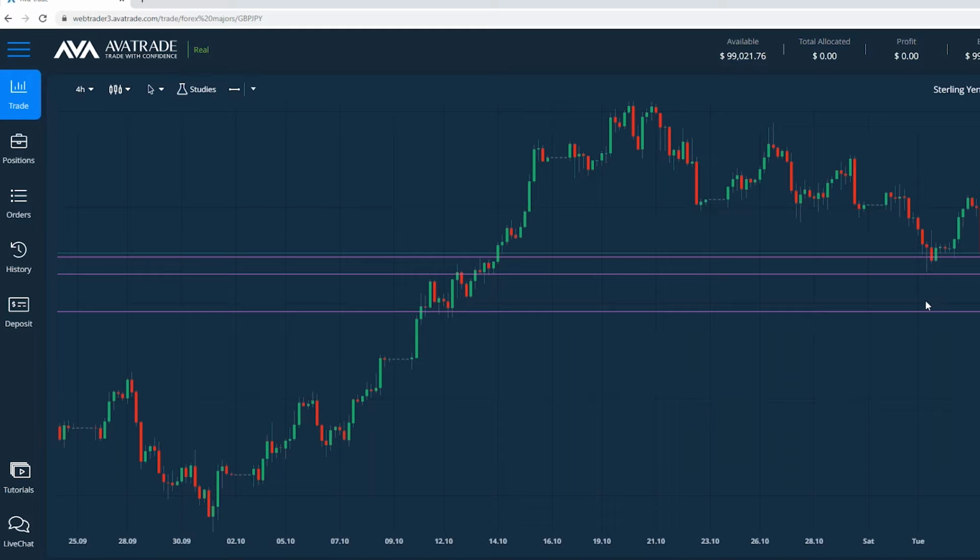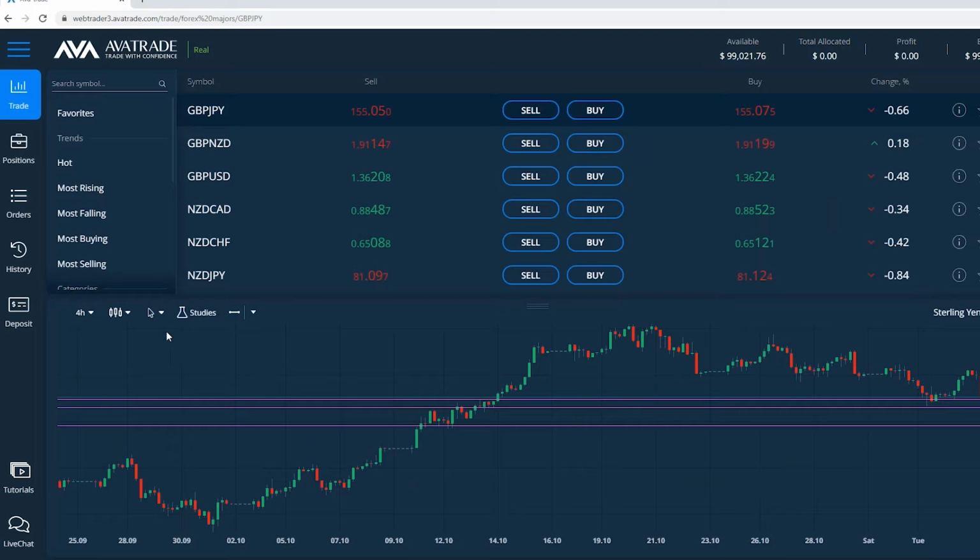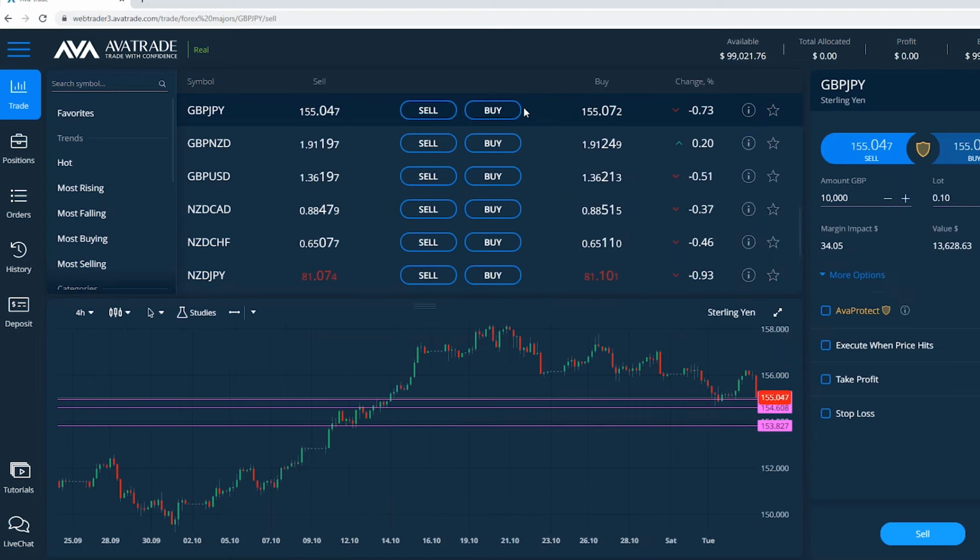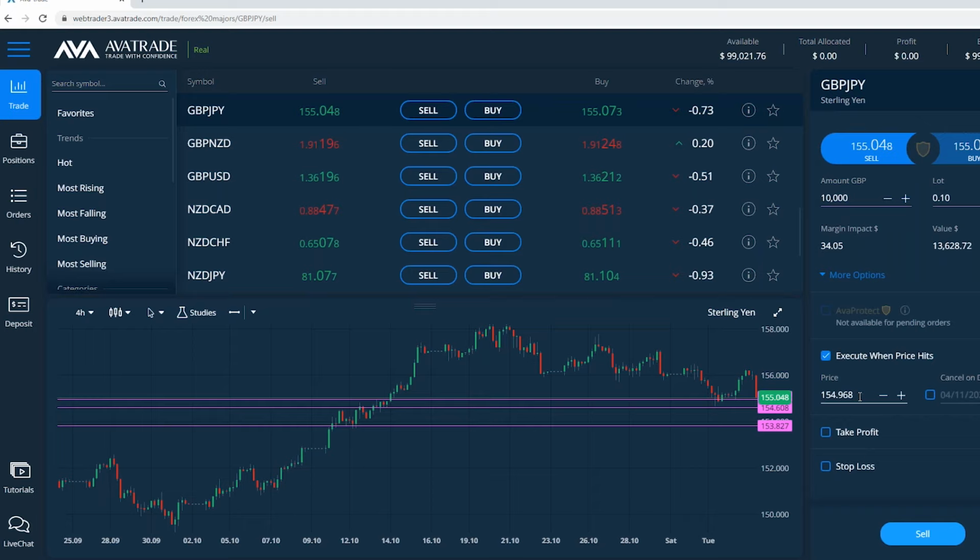And to do a pending order, it's very simple. Let's see, 154.60. I could say if it hits that price, then it broke the support, and I'll get in with a take profit at the next line. So 154.60, I can very easily say, okay, let me go to GBP JPY, sell, pending order. You just put execute when price hits. We said 154.60, right? That's it. I don't even have to tell it what kind of pending order.